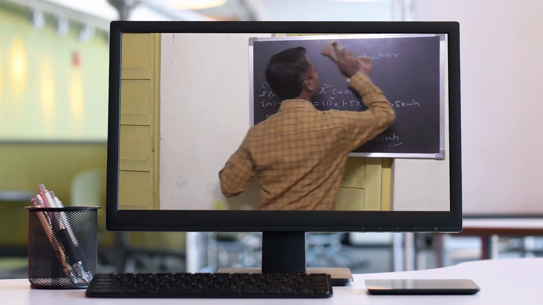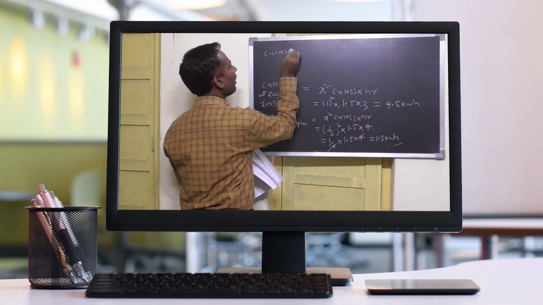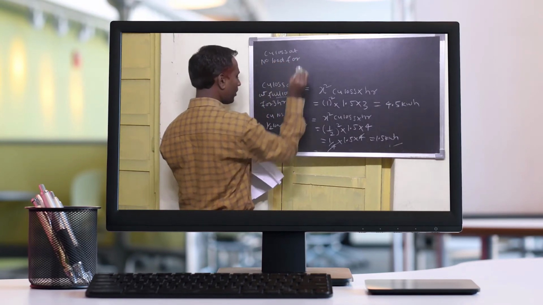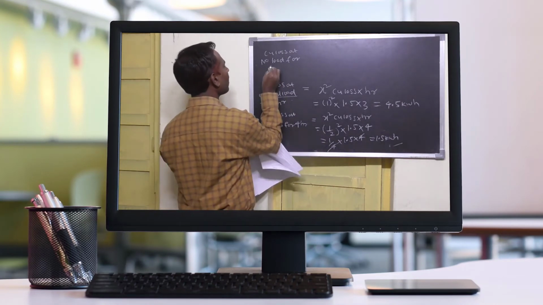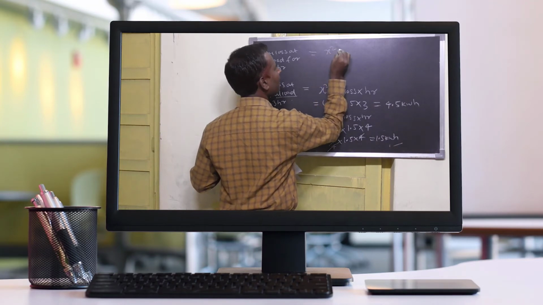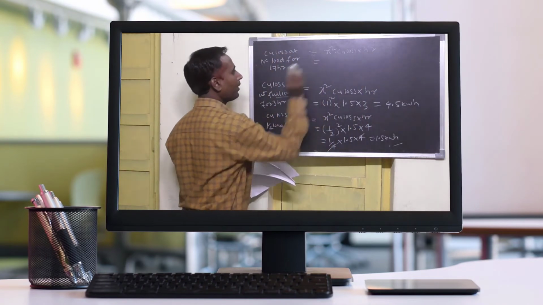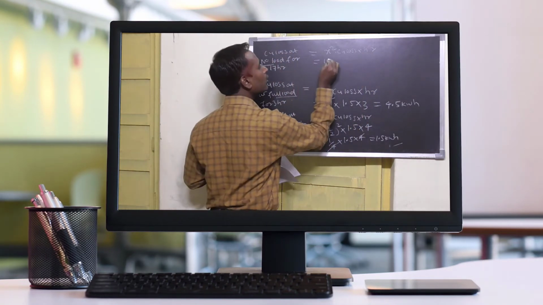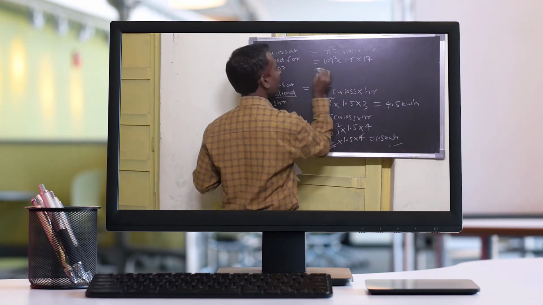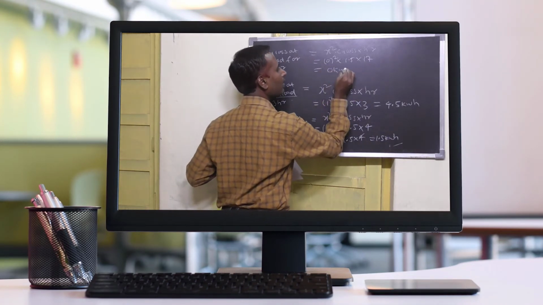I will erase this. See here. Next, copper loss at no load for how much hour? 17 hour, right? We put the same formula, x square into copper loss into hour. So x at no load; no load means 0 square. Copper loss is 1.5. Here 17. 0 multiplied by anything is 0 kilowatt hour.